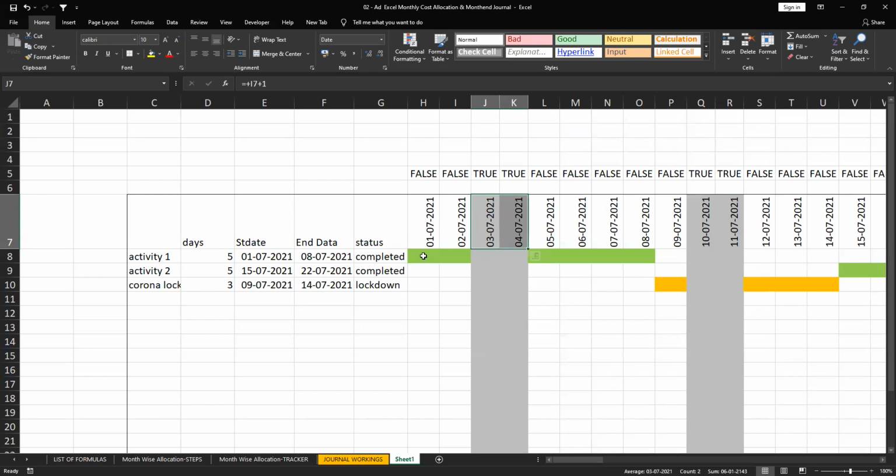Suppose we say this date is greater than or equal to this and this date should be less than this, then we need to give AND. The same way we need to build the logic. So be very careful with AND and OR. In many places in the process you will use this. Where we need to give AND or OR, is this clear now?